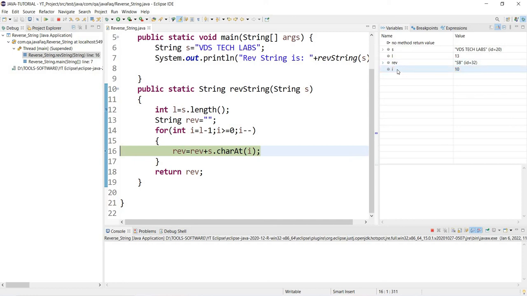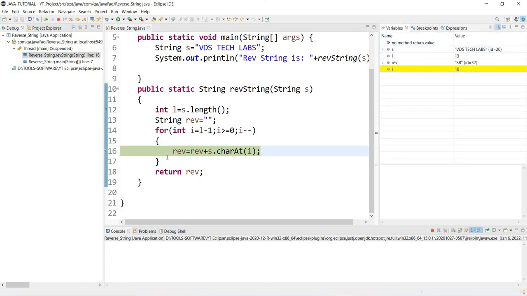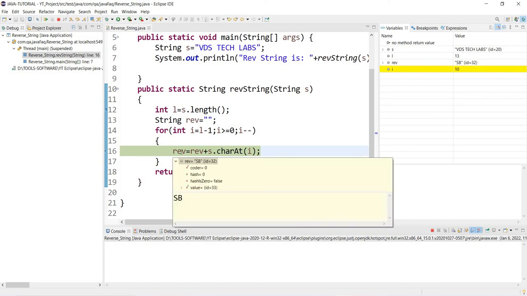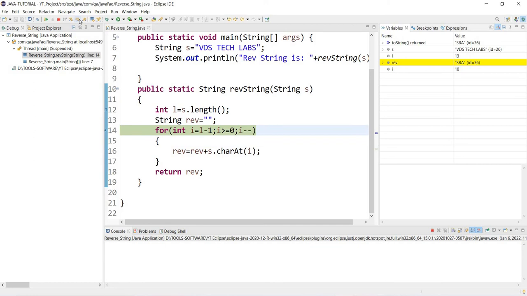So see, mouse over here and see, I want to show you what it contains right now actually. Okay, see, sb is there. Okay, and now if we again step over, see, a is added.